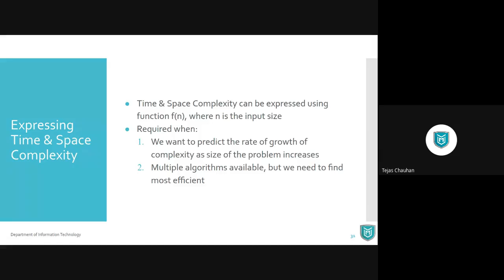When we say we want to calculate space complexity, then space is the space required by your algorithm. Again, it is not in terms of bytes, bits, kilobytes, megabytes or so. No, it will again be in terms of input size. And space depends on constant memory size and variable memory size. We have already gone through that. Constant memory size is the number of variables and constants and all those, whereas variable memory will be based on recursion, dynamic memory allocation, and so on, right? So that's what the time and space complexity is.